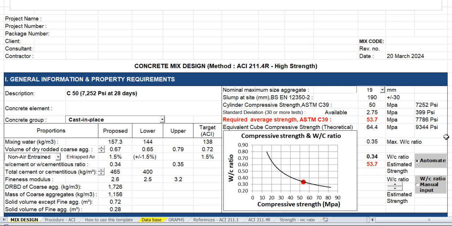So now, I just have to use 0.34 water cement ratio. That means I can actually reduce the cement content from 465 to 430. That much savings I did. But then you notice also that the margin now is very less, almost 4 MPa only. So if you are not confident with this due to